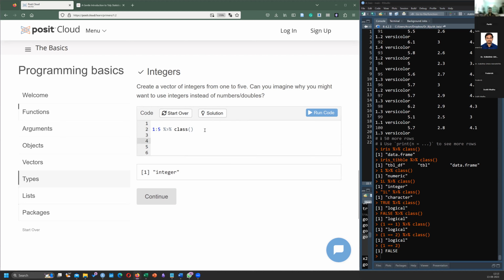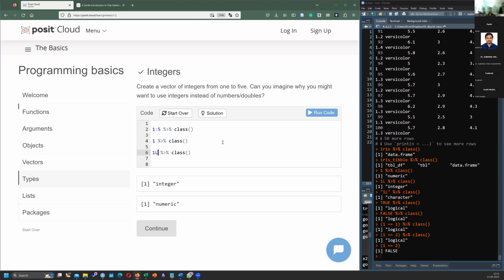But then if I say 1 and then look at its class, it's numeric. But if I ask what is the class of 1L, it's an integer.